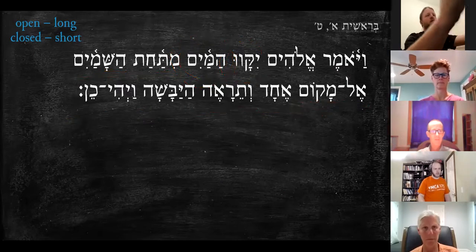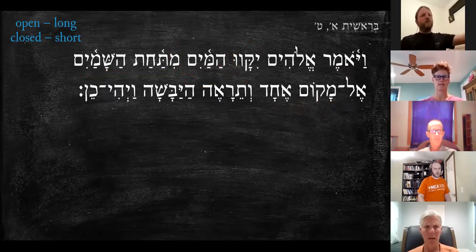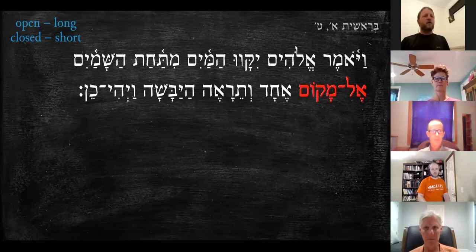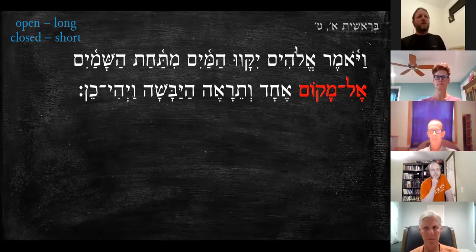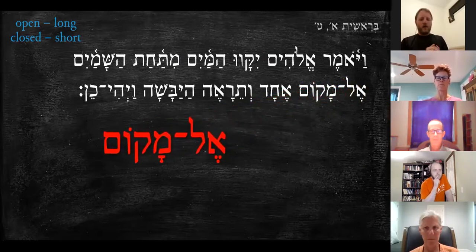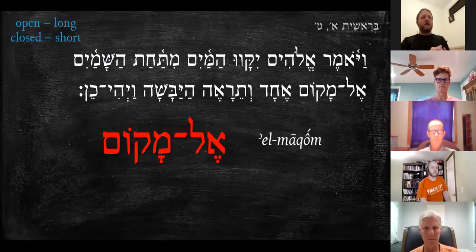Okay, great. We want to pull out a few words, a few phrases from this verse, and break them down into syllables. Simple. You learned this in first year Hebrew, but we just want to think a little bit about syllables. So the first one is el makom. If we transcribe it, it's going to look like this: el